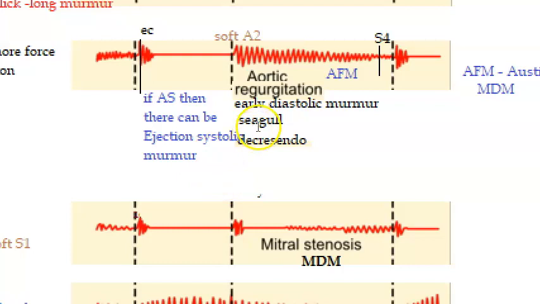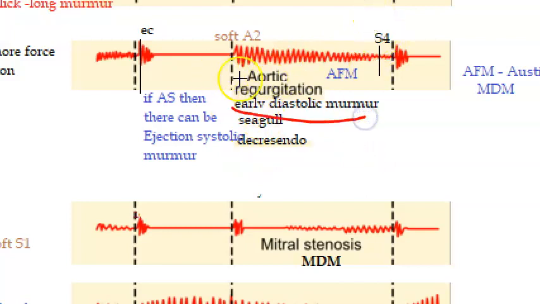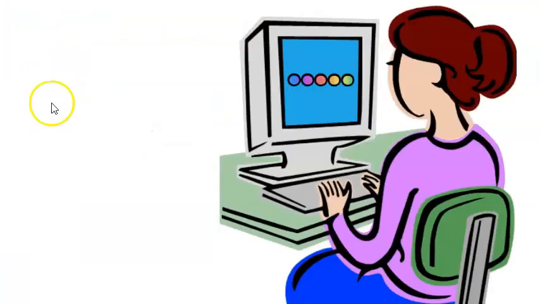So look here, guys. So this is aortic regurgitation. Where are you seeing the murmur? It is after S2. And as A is contributing to S2 and the aortic valve is not proper, you will have a soft S2 or a soft A2. Okay. And how is your murmur? It's only a decreasing kind of murmur. It is called a decrescendo murmur. It is an early diastolic murmur. It's a diastolic murmur.